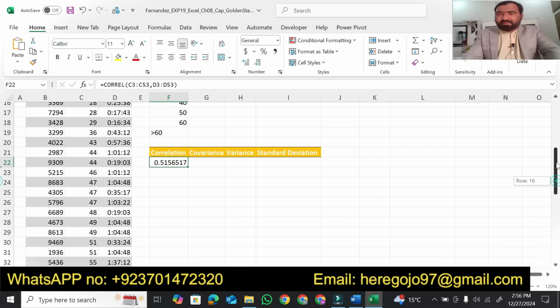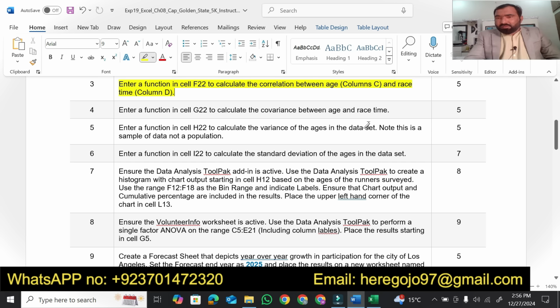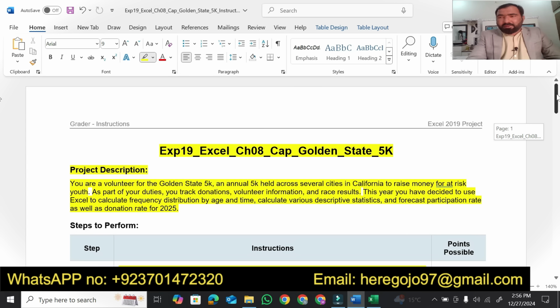Our correlation has come, you may see. Simply use the correlation function. After solving question number 3, now we are moving toward question number 4, remembering that we are solving Exp19 Excel Chapter 8 Cap Golden State 5K.